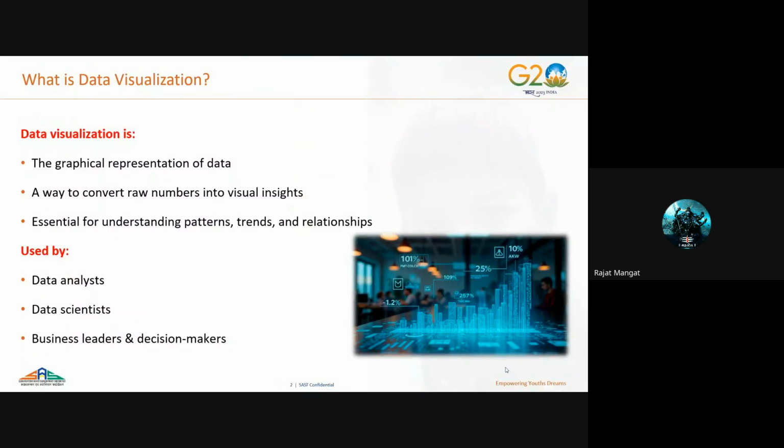So let's first understand what data visualization actually means. The graphical representation of data, when we represent the data in a graphical format, these are some things that will help to describe what data visualization means. The graphical representation of data, a way to convert raw numbers into visual insights, essential for understanding patterns, trends,